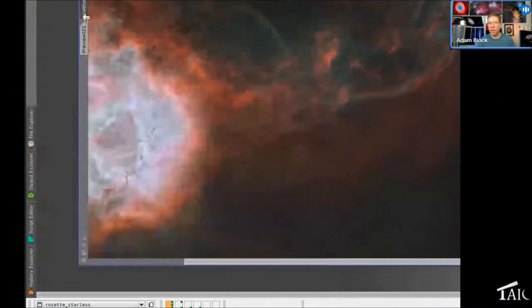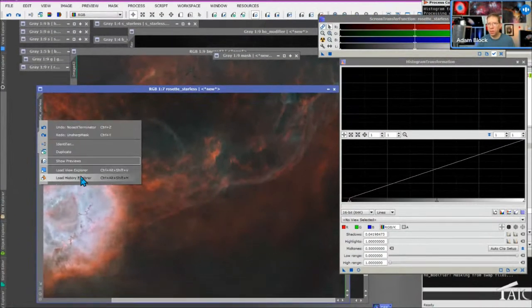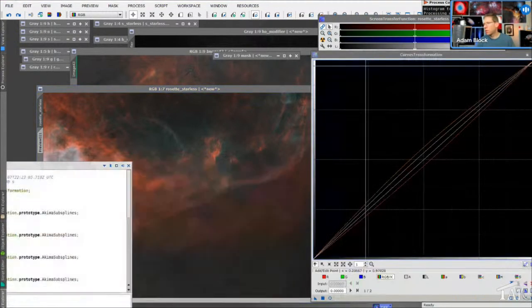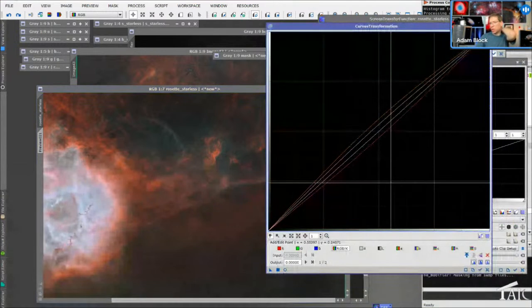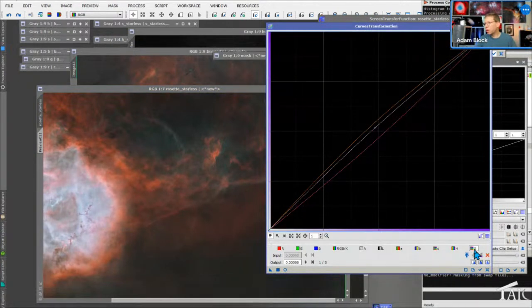So for the colors, I adjusted them with, let me show you, there. So this is what the color adjustment looks like. The color adjustment is interesting because, let me just show you, here is the saturation increase in color. That's the little middle line here. And then what I do is I take what is this